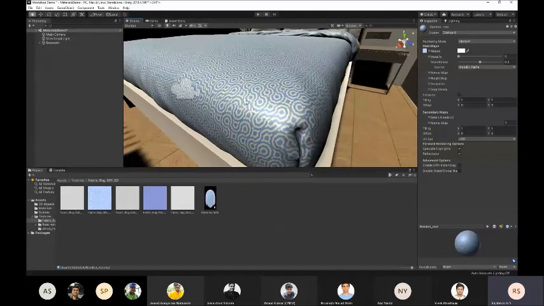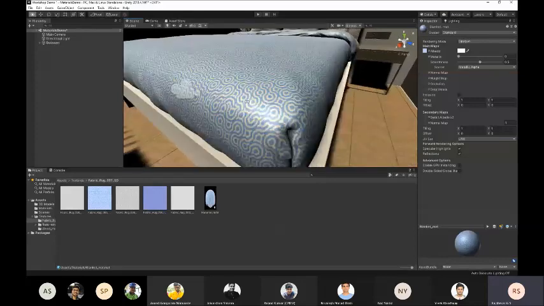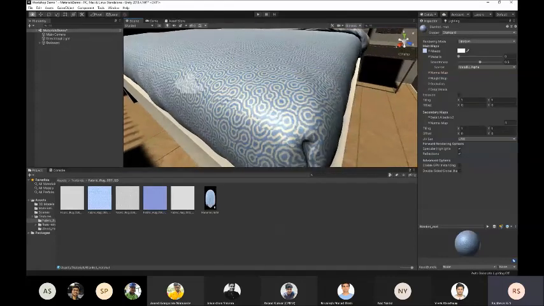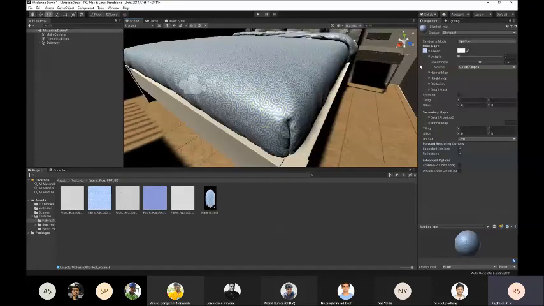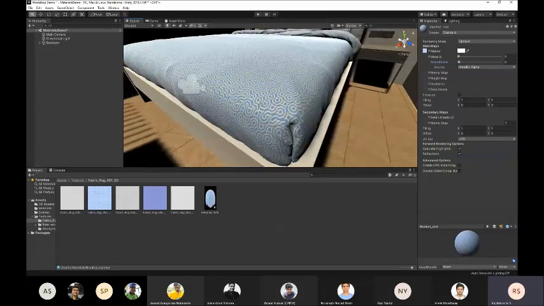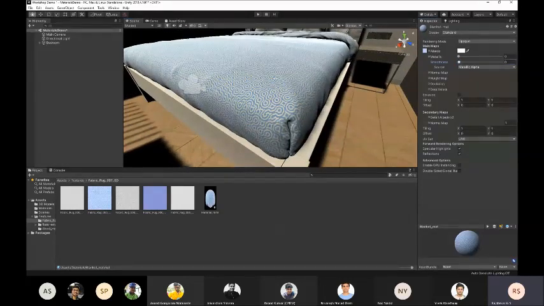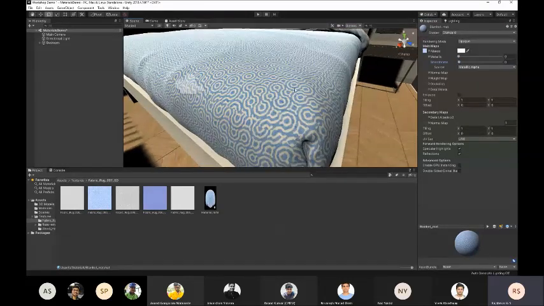But you also notice that the material has some shine to it, right? Usually blankets don't have that shine to them. So what we do is you can see there's something called smoothness here. When you increase smoothness, Unity reflects more light off that object, and if you decrease it, it gives it a more matte finish. So right now our blanket should not have any smoothness property.